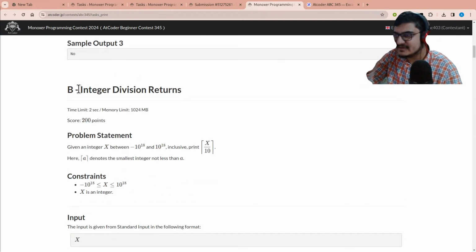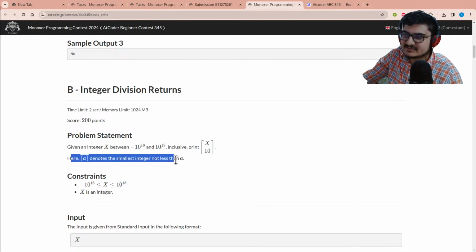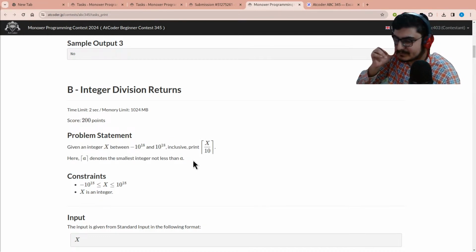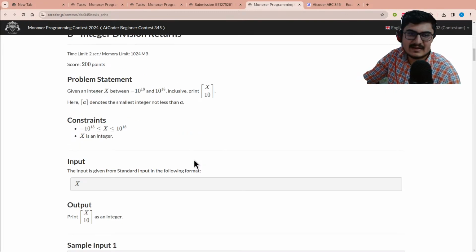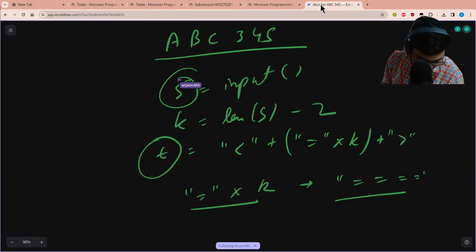The next problem was integer division returns. You are given an x between minus 1e18 and 1e18 inclusive. Print x by 10 where x is the ceil division, where ceil of a denotes the smallest integer not less than a. One way, which probably does not involve a lot of casework, is like you start from x, and because we need a ceil division, like what the problem is asking us is,